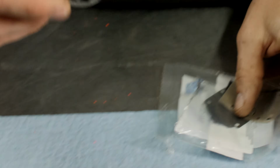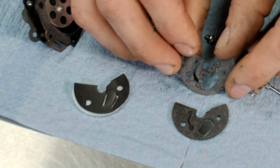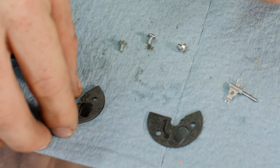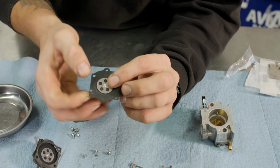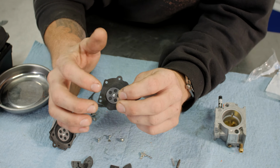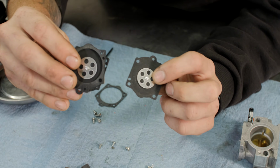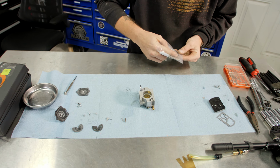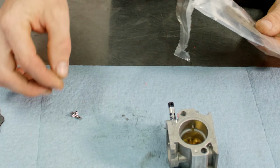Now we've got to find the gasket for that. That looks like that. Set that up like so. We need our metering diaphragm. Now earlier I was talking about this little tab. Make sure that in your rebuild kit, this diaphragm looks like your old one, which it does. This is the order that it will be assembled. We have the metering lever, this is new, and the little rod that it pivots on,